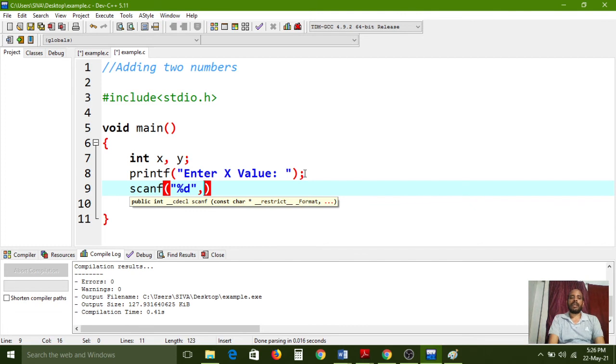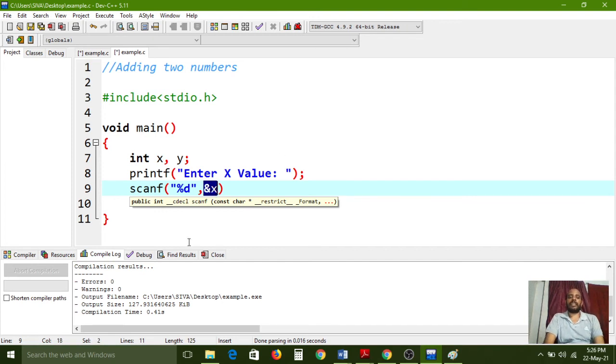After reading is over, whatever value the user entered, first it will be collected by the scanf function. After that, here I am giving the variable. Which variable do I want to store that value in? The x variable. So that's why by using the & operator I am giving the variable.